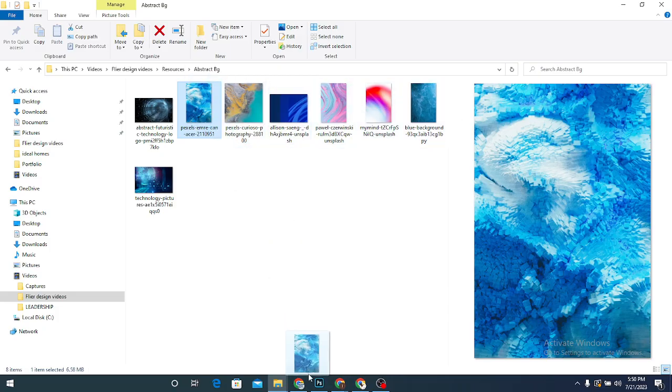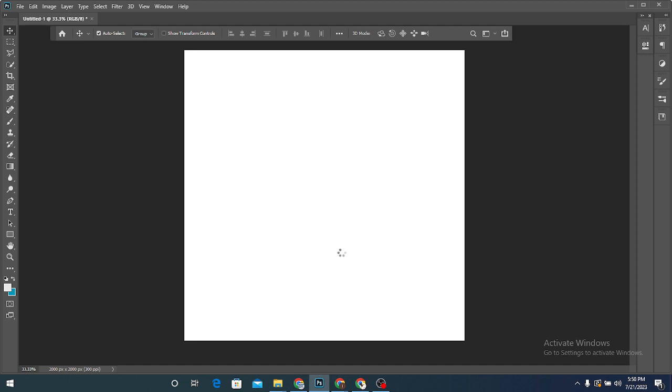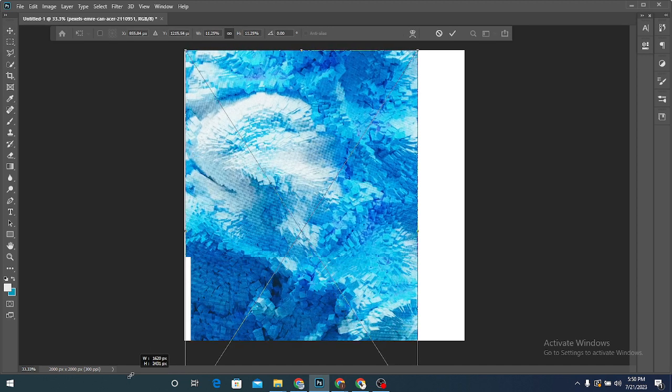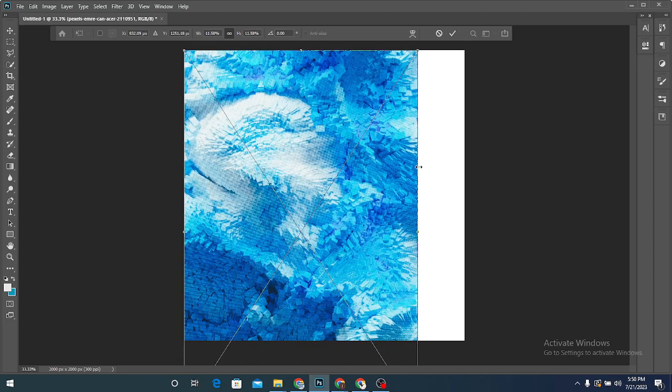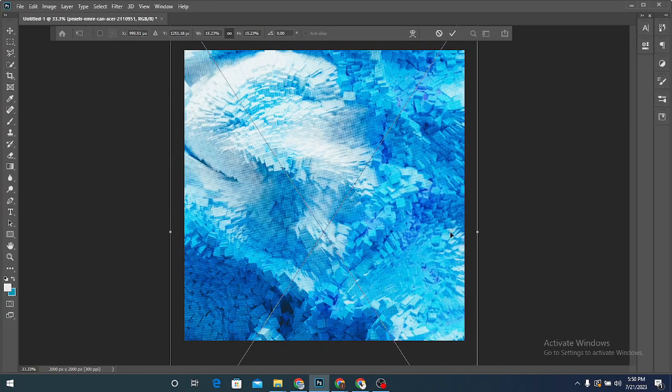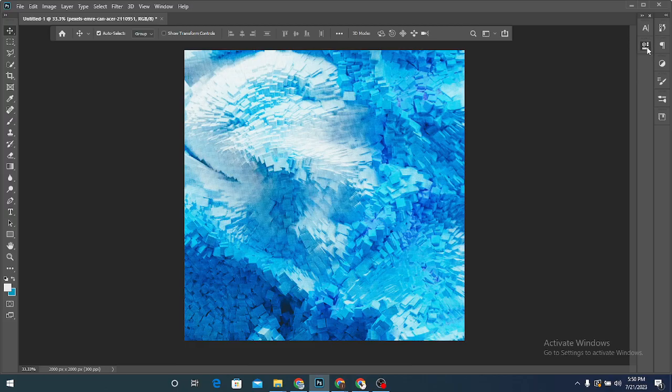So you just drag it and drop it here, and then once you do that, you'll expand it at the edges. Make sure this is checked so that you can expand it by the side. You don't want to expand it without checking this place because it will be distorted. So to use an abstract background so that your text will come out,